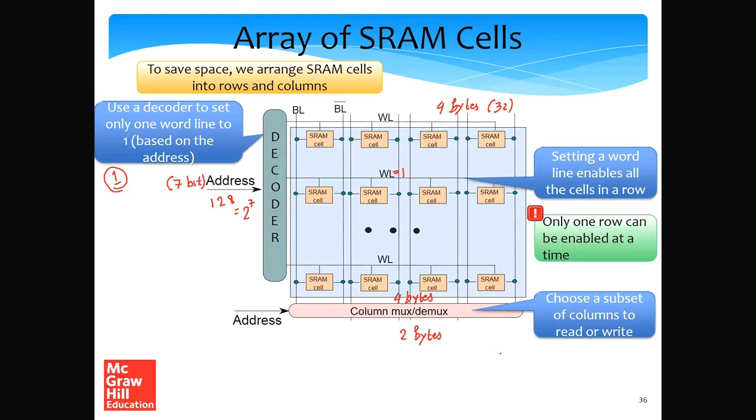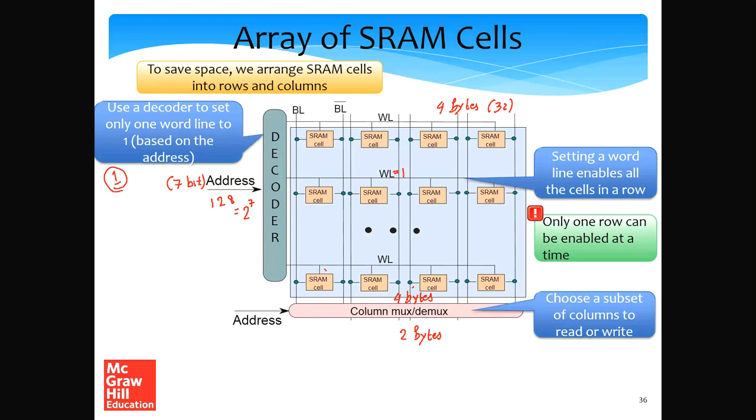And then this can go out. And same is the case for writing as well. If we want to write to 2 bytes, then we will have driver circuits that can essentially help us set the voltages of BL and BL bar, as we shall see. And then the multiplexer circuit over here will enable certain SRAM cells such that we can read or write them.